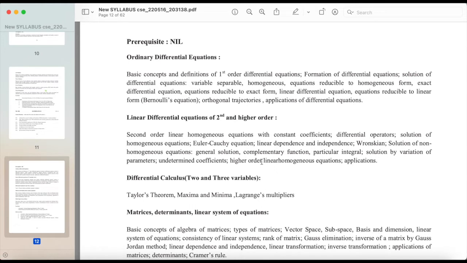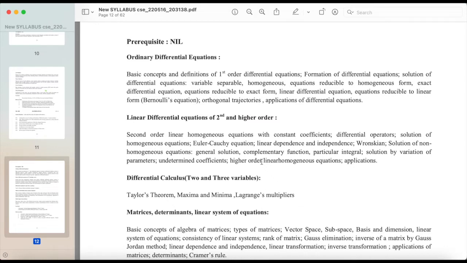order, second-order linear homogeneous equations with constant coefficients, differential operators, solution of homogeneous equations, Euler-Cauchy equation, linear dependence and independence, Wronskian, solution of non-homogeneous equations, general solution, complementary function, particular integral, solution by variation of parameters, undetermined coefficients, higher order linear homogeneous equations, applications, differential calculus of two and three variables, Taylor's theorem, maxima and minima, Lagrange's multipliers, matrices, determinants, linear